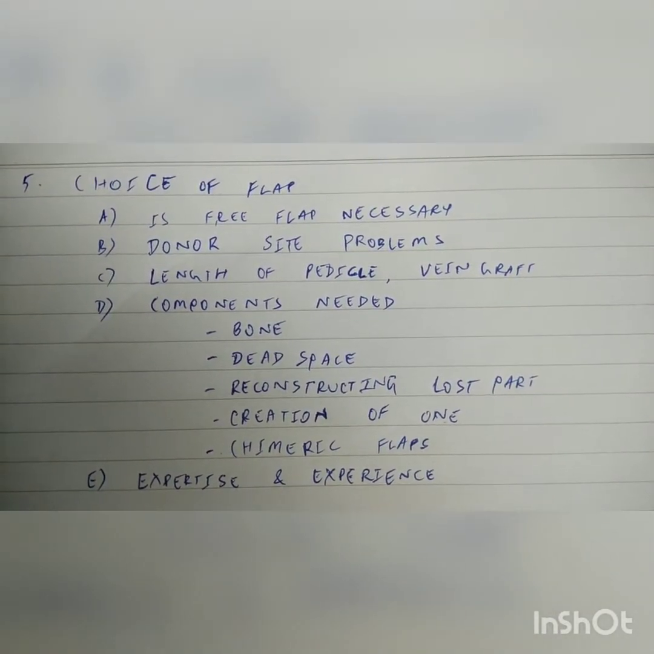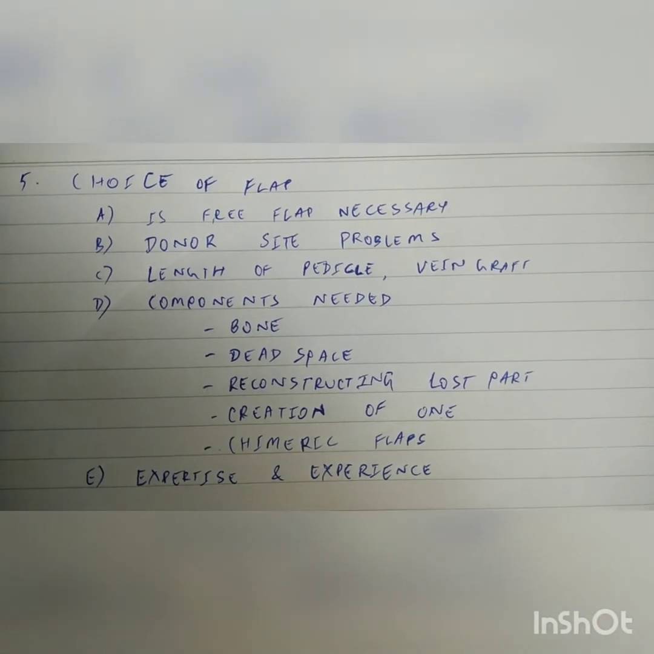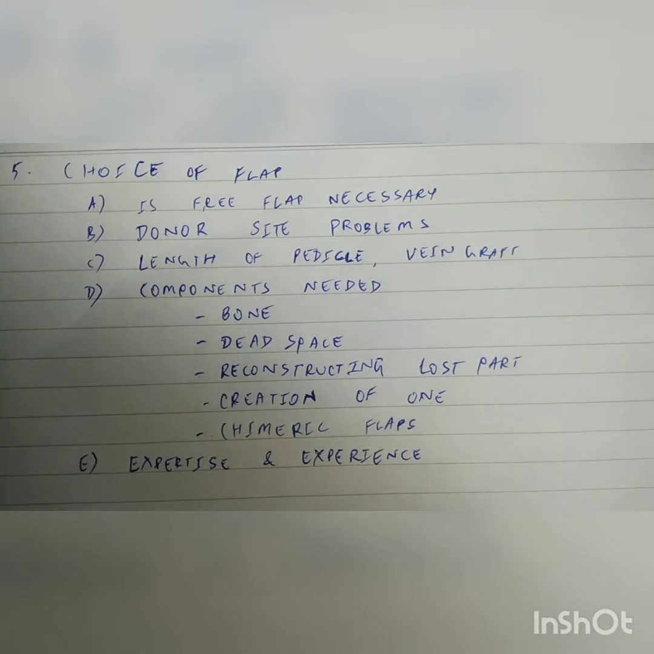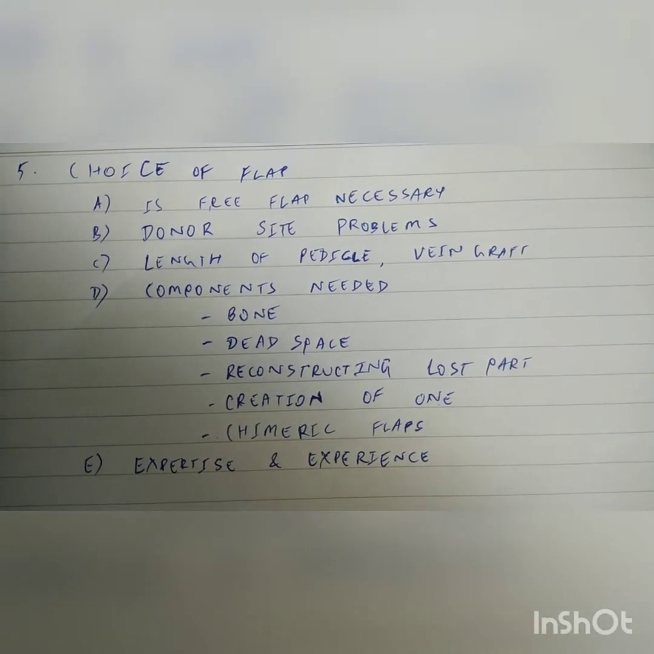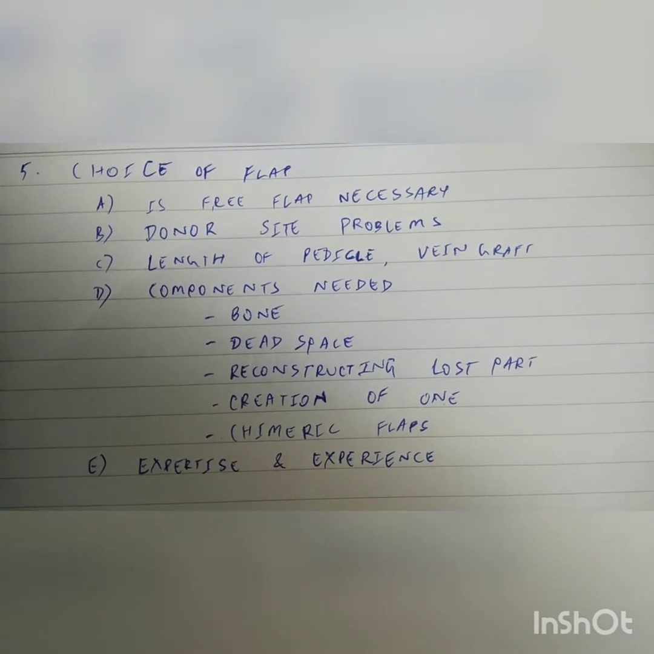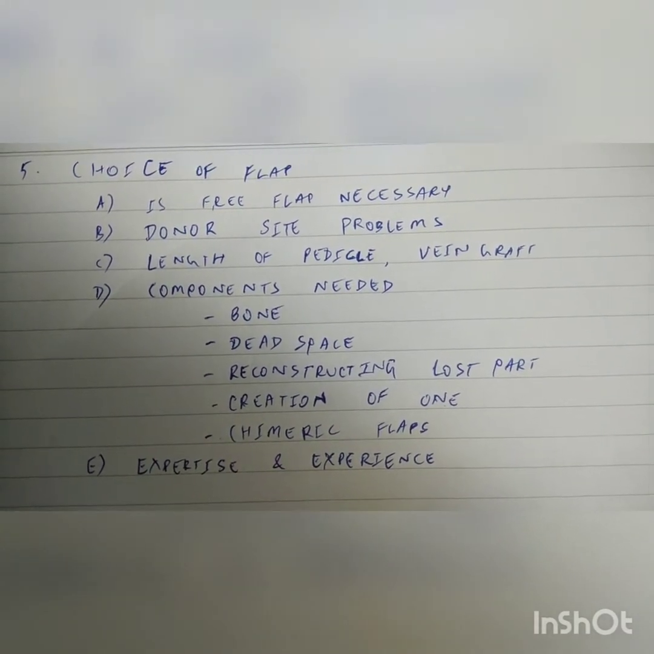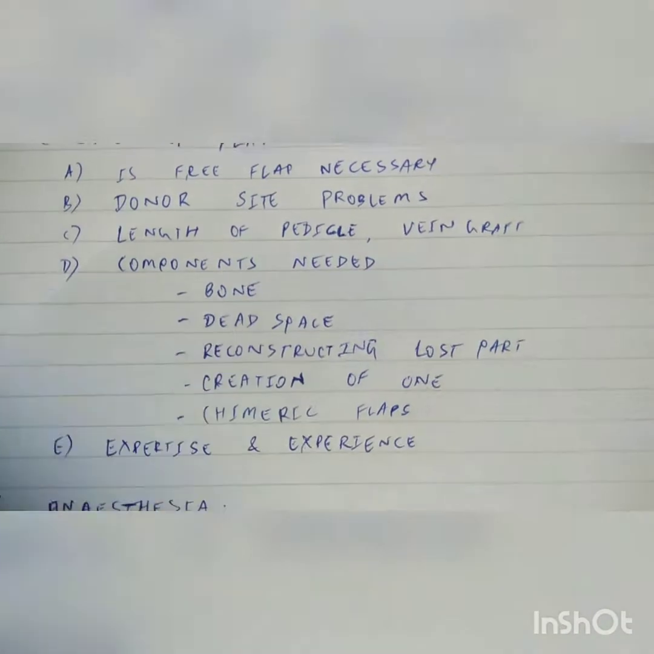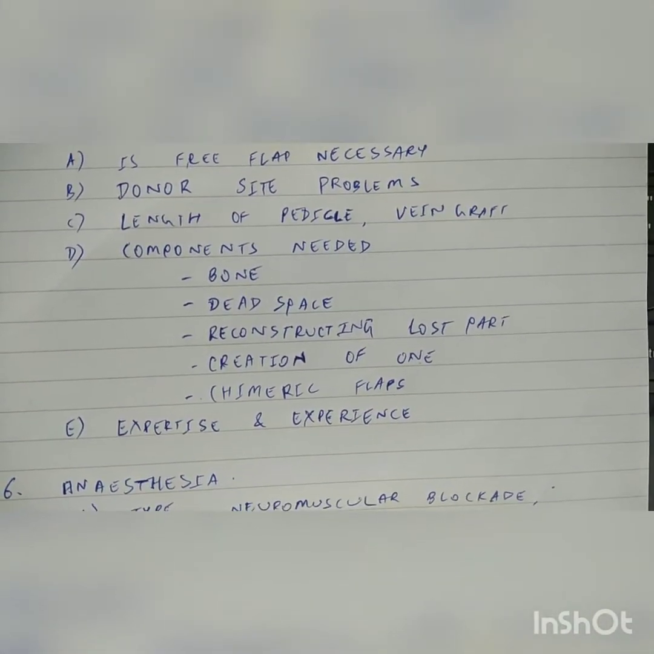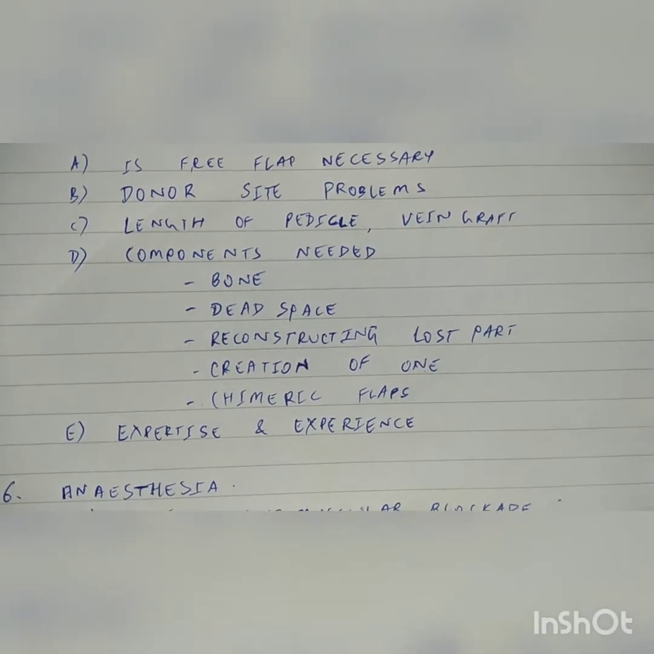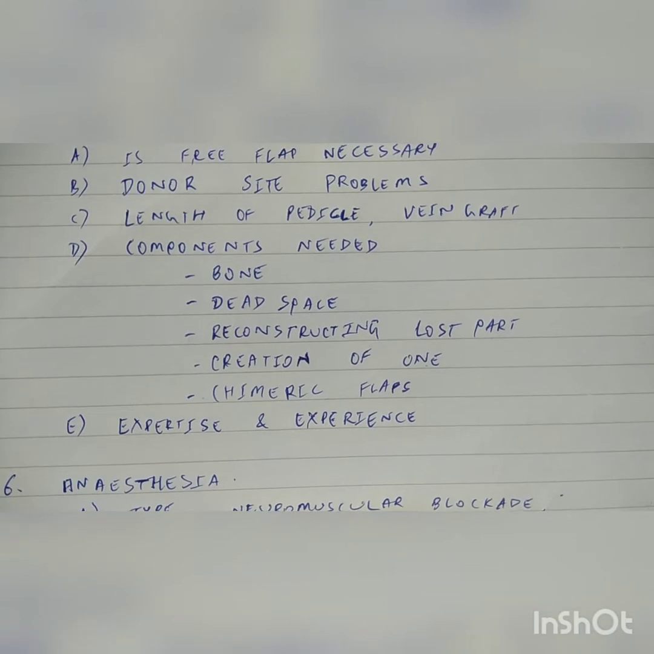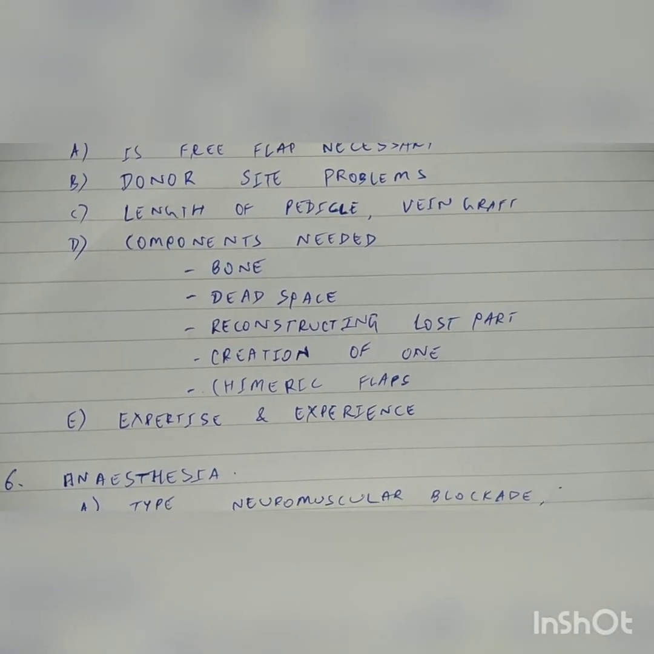Then length of the pedicle; we may not have sufficient length of pedicle. For that reason, we have to first examine the recipient area, expose the recipient vessels, skeletonize them, and then when we are doing the flap harvest, we might also require to have painted and draped an additional area from where a vein graft may be required for interposition. Then, as I already said about the components needed,